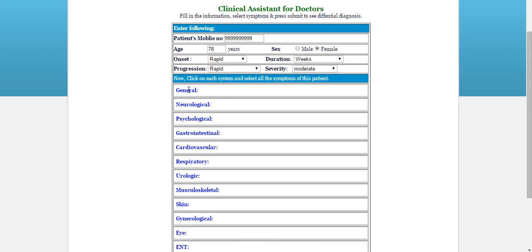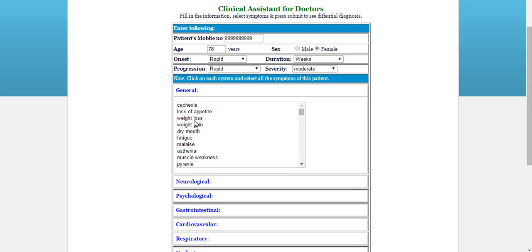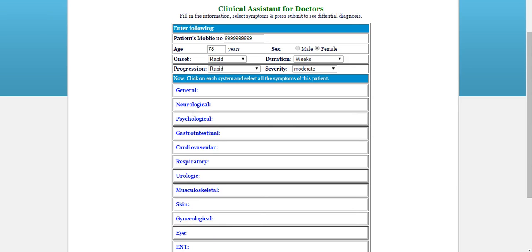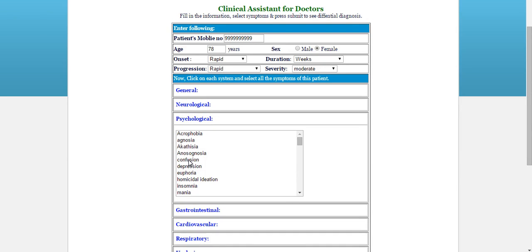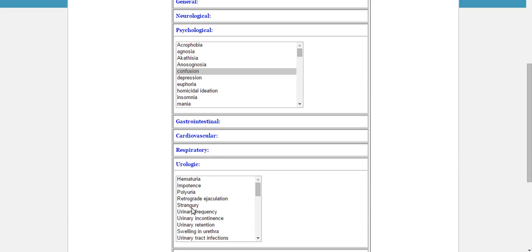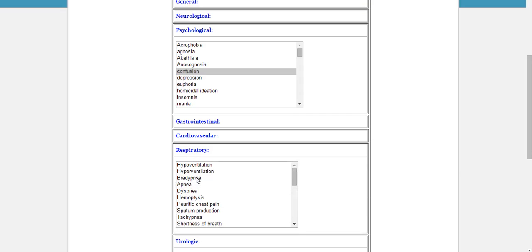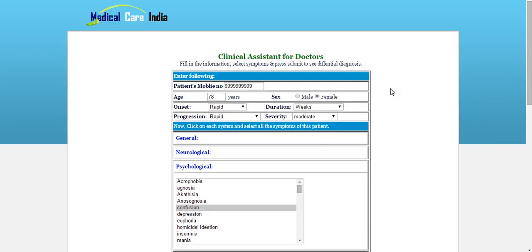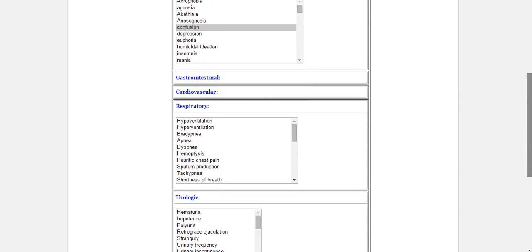Now, what are the symptoms that the patient has? General symptoms, like weight loss. If you have any other symptom, suppose fatigue, just press the control button and click this so that you can select both. Now close this general symptom. Suppose you want to add a psychological symptom, suppose the patient has confusion. So all these symptoms you can select from the systems available, and they are here under different headings. After selection of the symptoms, you just press the submit button below,